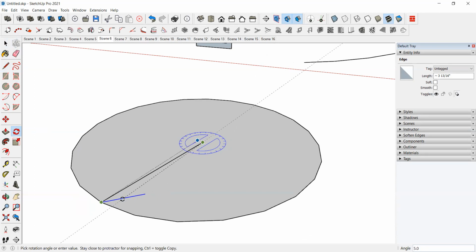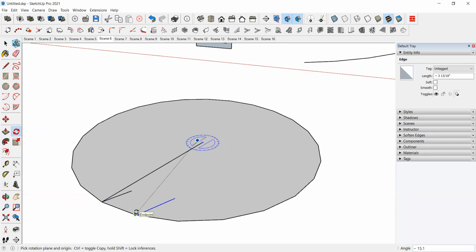So not like that. You have to press control. When you press control, it will come like this. So you just click on the next point.